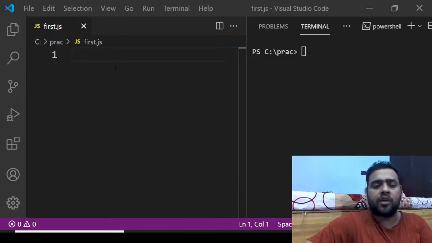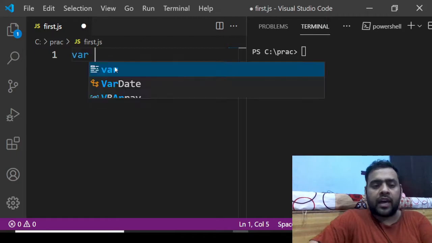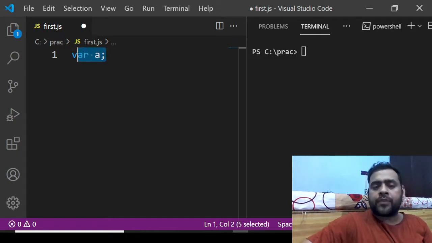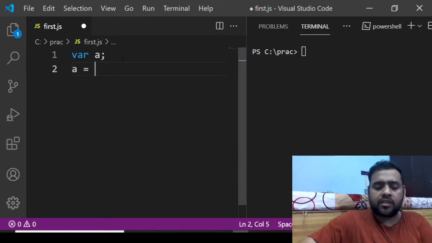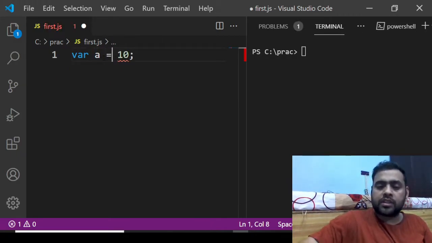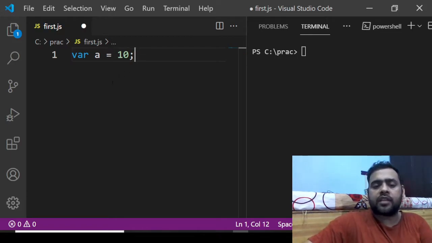Today we are going to talk about variables and functions in JavaScript. So let's start with it. This is the kind of syntax we use to declare and define our variable, using the keyword var. This is a reserved keyword in JavaScript. So this is the definition or declaration of the variable. And if you want to assign some value, we can do just like this, a equal to 10. If you want to make it one liner, you can just do it like this. So this is your definition and the value assignment.